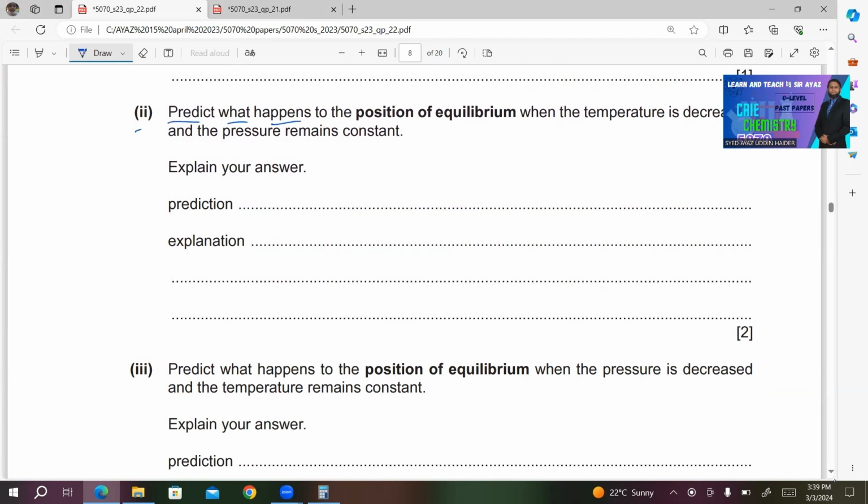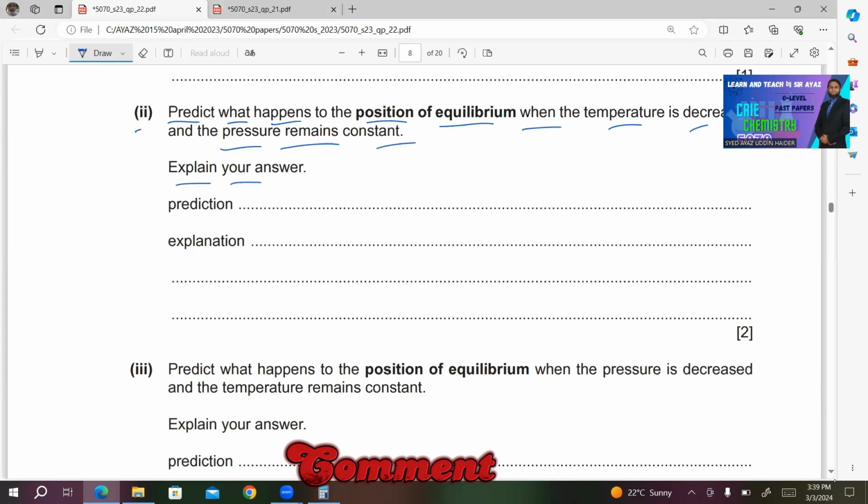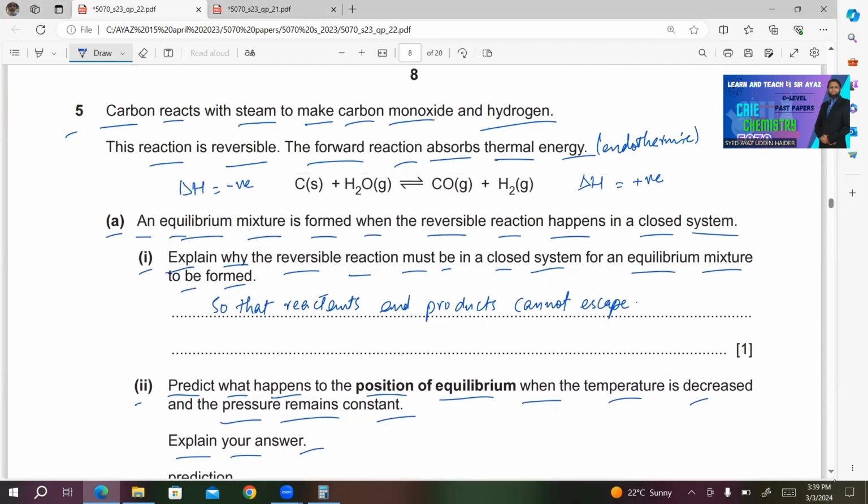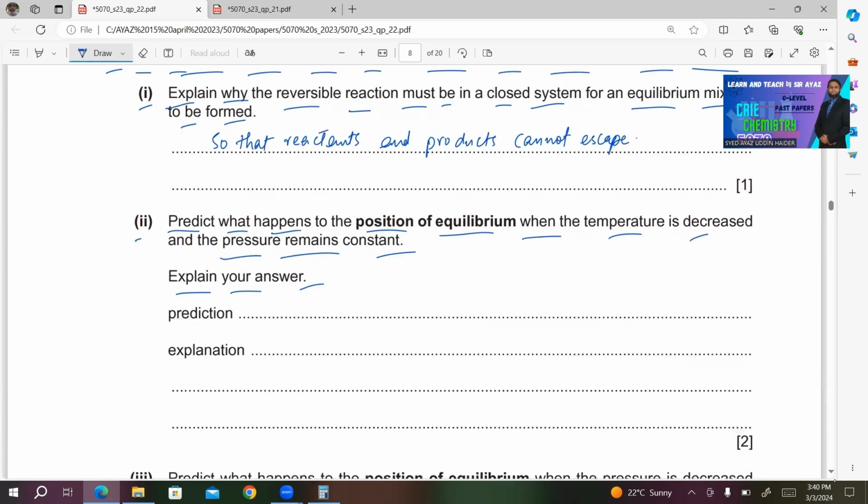Number 2, predict what happens to the position of equilibrium when the temperature is decreased and the pressure remains constant. Explain your answer. So they are talking about the position of equilibrium when the temperature is decreased. So when you are decreasing the temperature, it must favor the direction in which there's exothermic reaction. So the equilibrium will shift towards the left hand or reactant side. Shifts to reactant or left hand side. Explanation: forward is